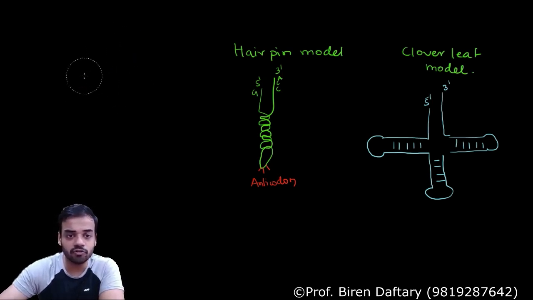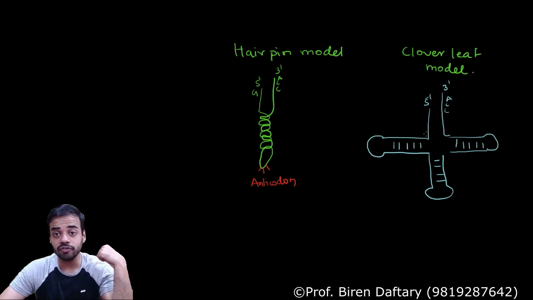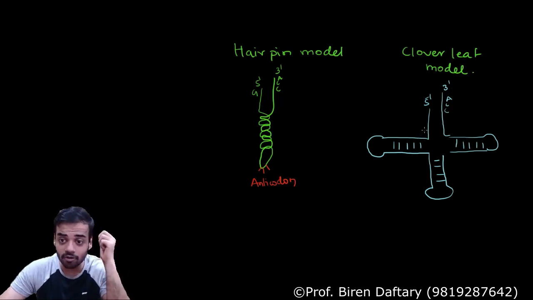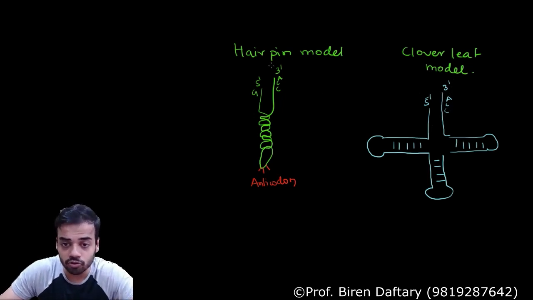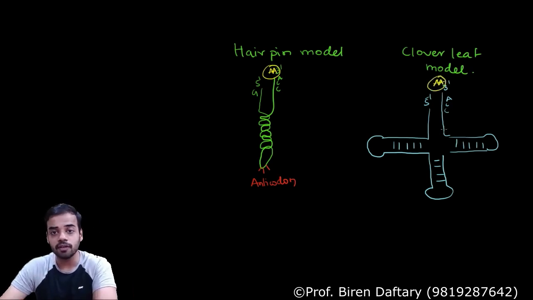So anyway, coming back to this diagram, again C, C, A over here. Now very, very important to know, where does the amino acid attach? The amino acid always attaches to the 3' end. Okay, so if I want to show the amino acid over here, then the amino acid will attach to this 3' end. Similarly over here, the amino acid will attach to this 3' end. Okay, so this is where the amino acid attaches.